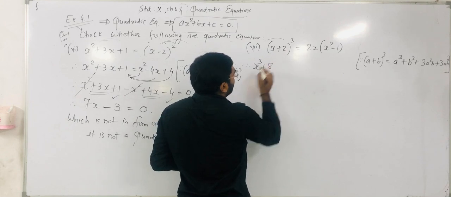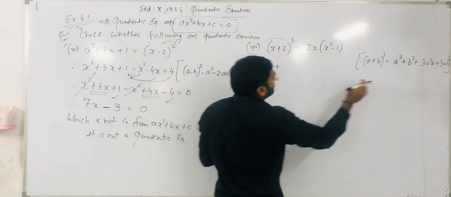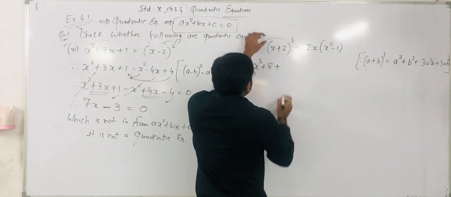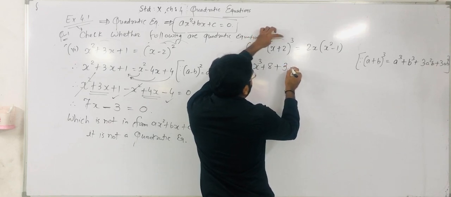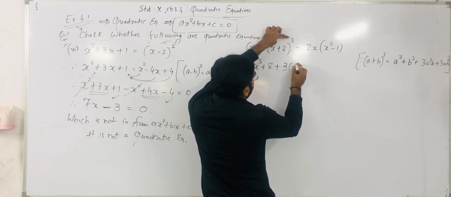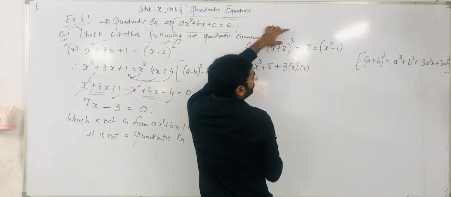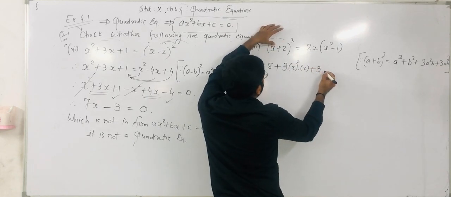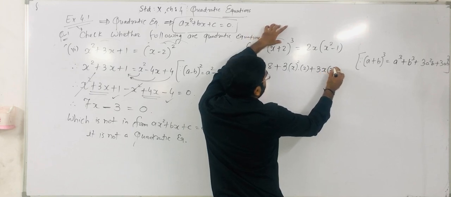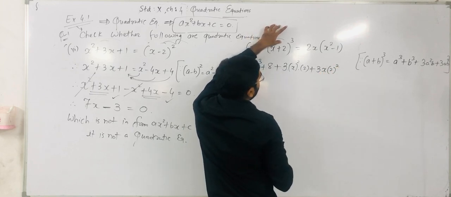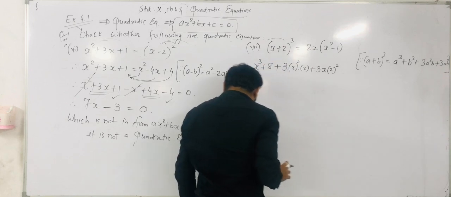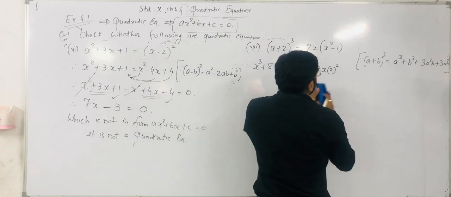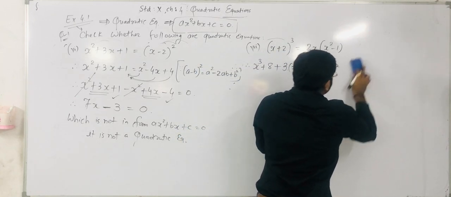2 cube is what? 8, plus 3 times a square b, so here 3 times x square into 2, plus 3ab square, so plus 3 times x and b means 2 square. Okay? Is equal to, then the identity you have to apply, is equal to